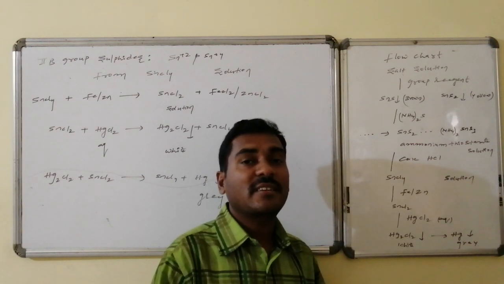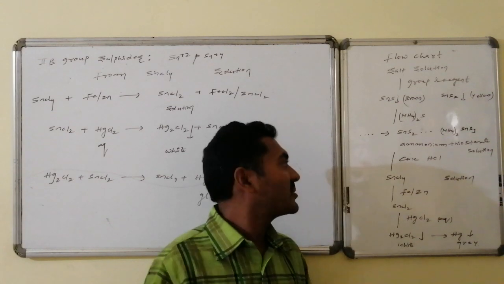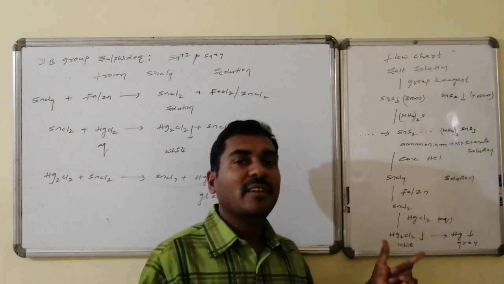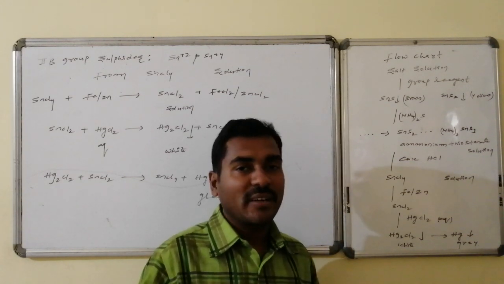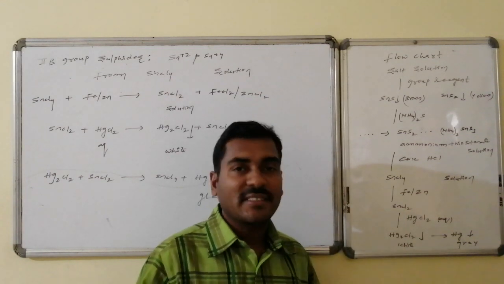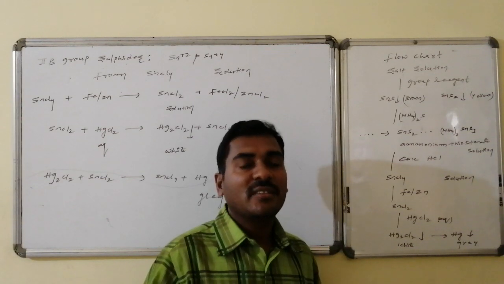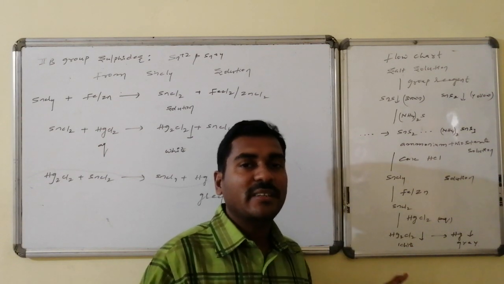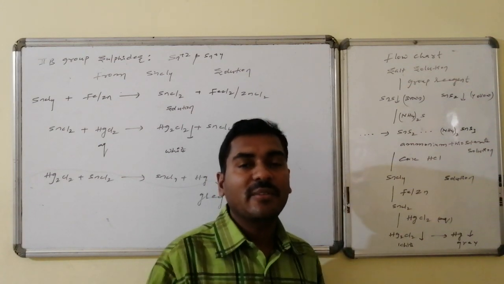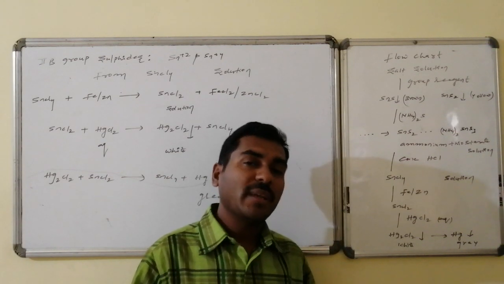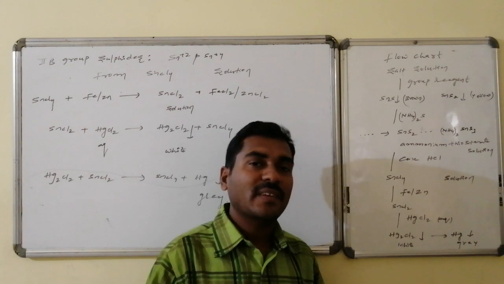This, on reaction with concentrated HCl, is converted to the corresponding tin chlorides, which are also present in the solution state. This tin tetrachloride, on reaction with a reducing agent like metallic iron or zinc, is converted to tin dichloride, also present in the solution state. This tin dichloride, on reaction with aqueous mercuric chloride, is converted to mercurous chloride as a white precipitate, and further to a grey precipitate of mercury. These are the confirmations and identifications related to the important second B group cation, tin, of two varieties: tin 2 plus as well as tin 4 plus.